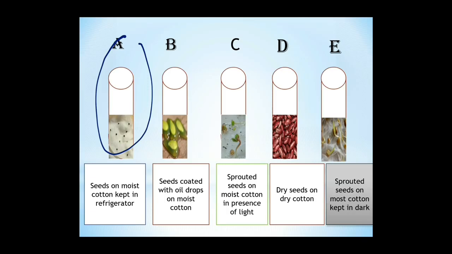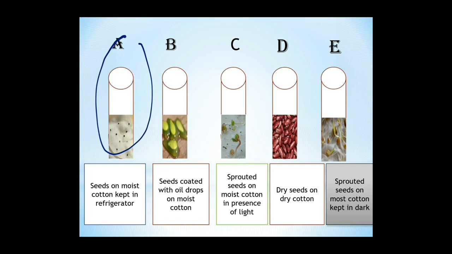Seeds can only germinate in a right amount of temperature, and that right amount of temperature is known as optimum temperature. In our keyword we have seen optimum temperature means the right amount, the maximum and minimum amount of temperature which helps the plants to grow is called optimum temperature.